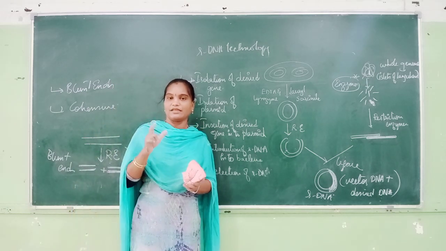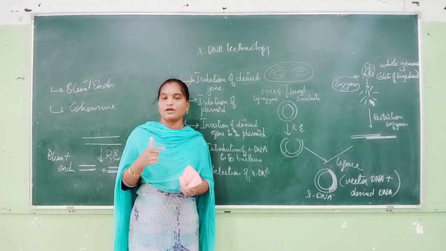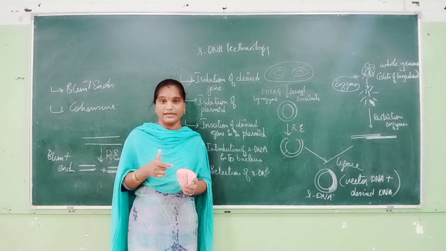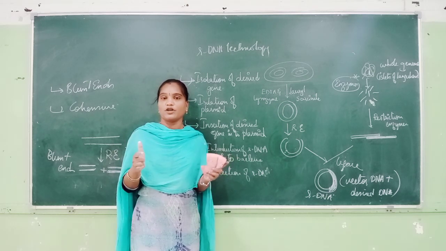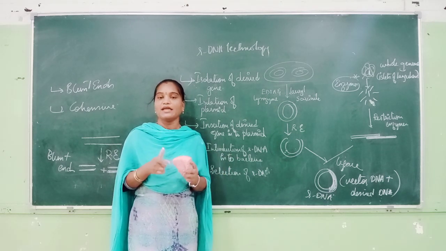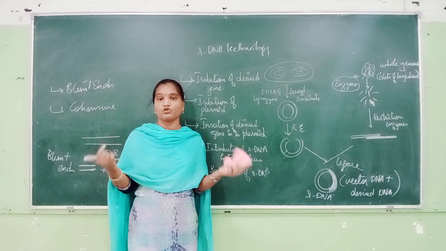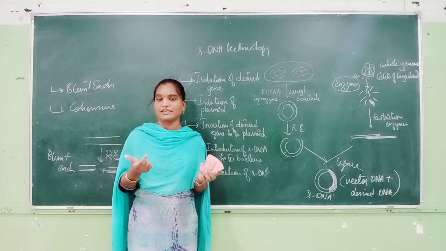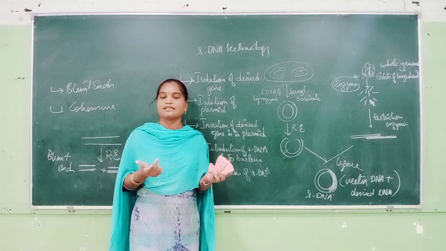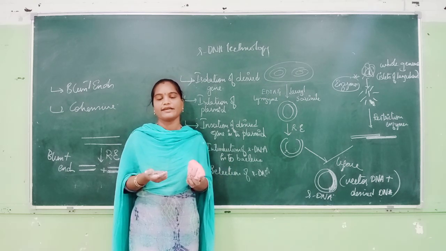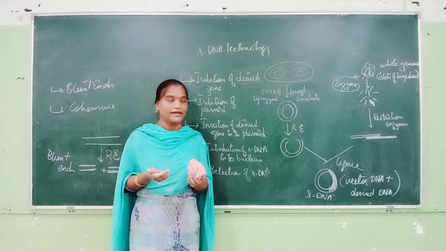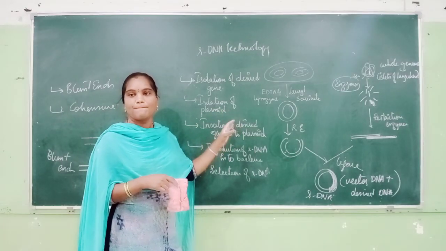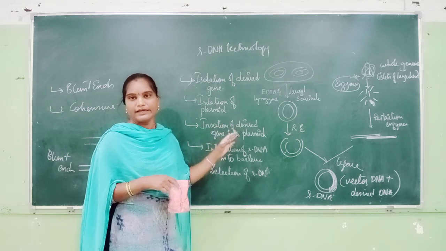So once again I am repeating in detail, listen here. rDNA technology, RDT, is nothing but recombinant DNA technology. Here you will get two DNA molecules rejoined with the help of the ligase enzyme, and after joining these two DNA molecules of two different organisms, they will produce your rDNA molecule. So the desired gene joined with the vector DNA is nothing but your chimeric DNA molecule or your rDNA molecule, right? So this is the whole story of rDNA technology. This is the main principle behind rDNA technology.